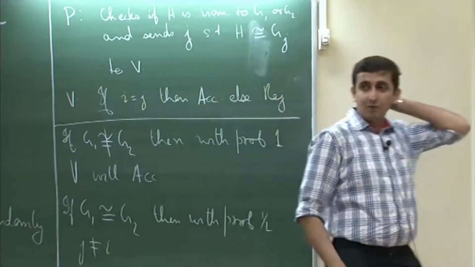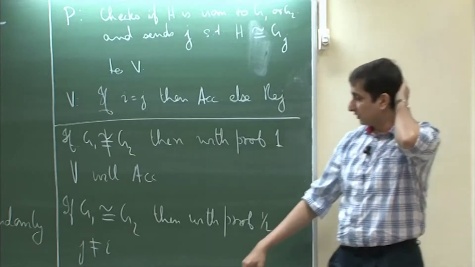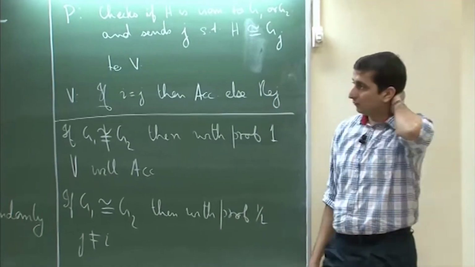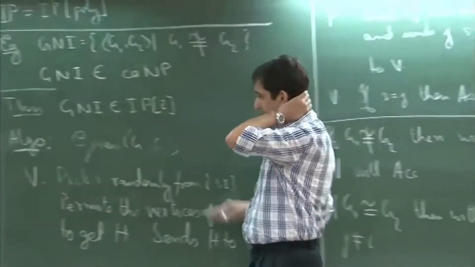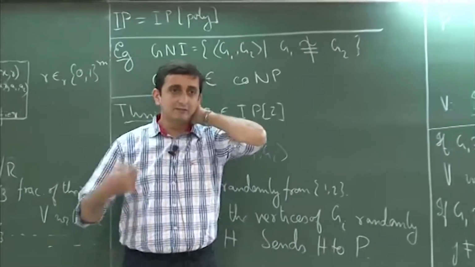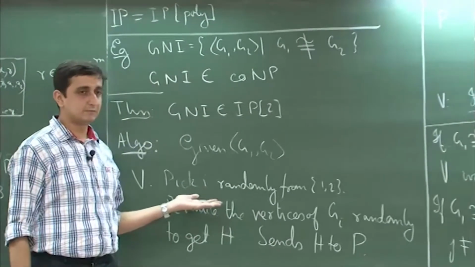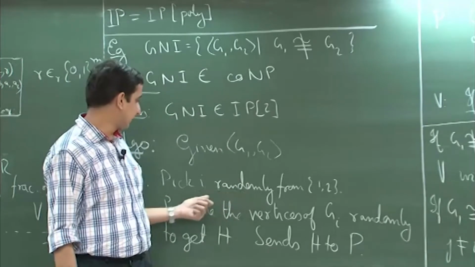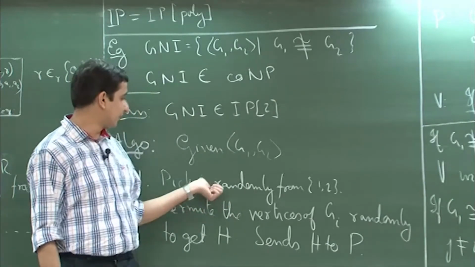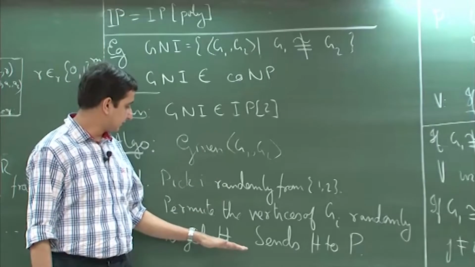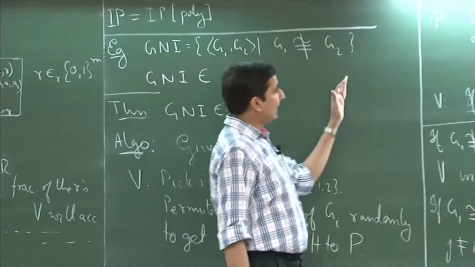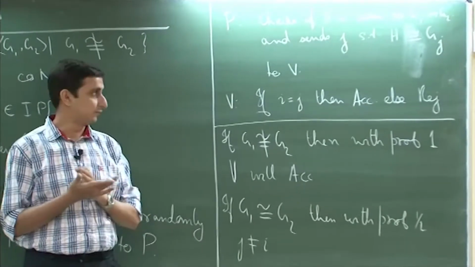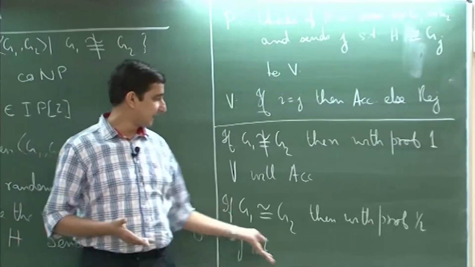Okay. But now what we can do is, because we want to boost this probability, we can take repeated trials. I mean, what the verifier does is it finishes one round, and then it again does the same thing. It again does a random coin toss to get an I, it generates a graph H, and it again asks the prover which of the two graphs this is isomorphic to, and depending on the answer it again outputs.